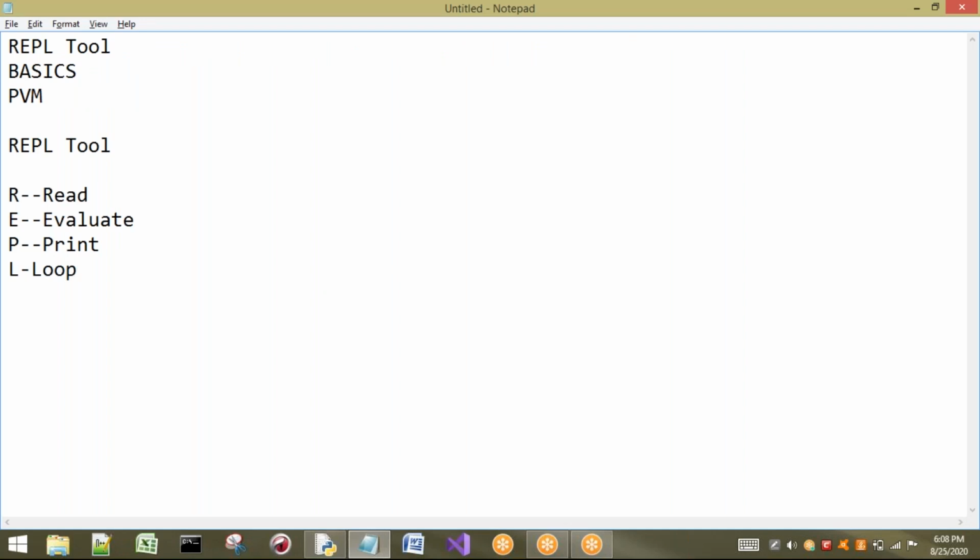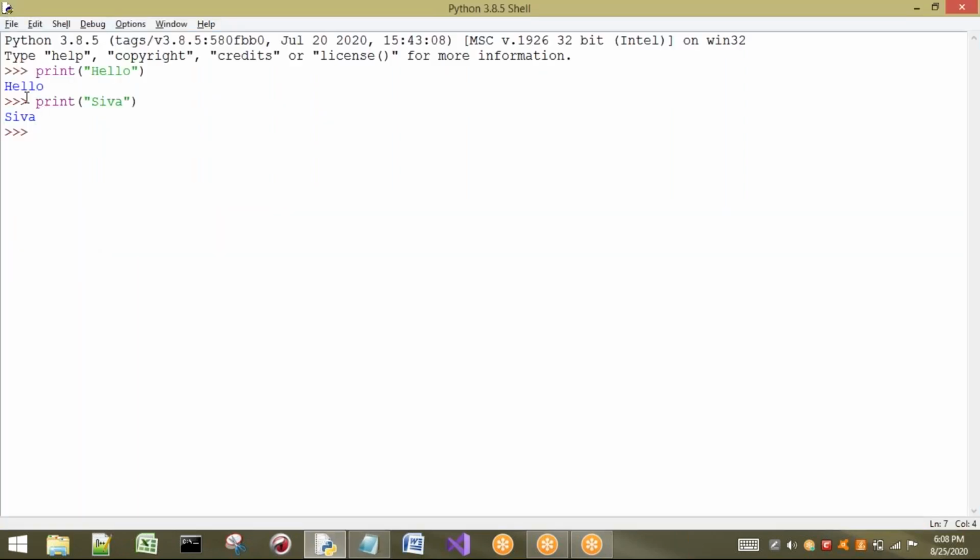Once again, I will repeat the same statements. Let us consider this is one statement: print hello. First I have written the statement in the interactive shell. Whenever I press enter, the statement is read by the PVM, and after reading, it has to evaluate that statement or expression.